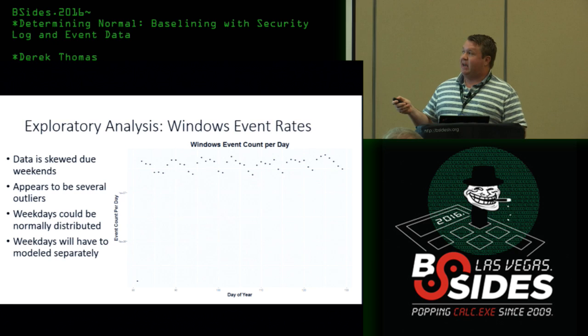But when I look at the weekdays, so I think these are weekdays, the data looks to be, based on this graph, could be normally distributed. You see it usually happens around this. Sometimes Mondays are lower, sometimes they're higher, sometimes Tuesday's way high, and sometimes it's lower. So there seems to be a decent distribution above and below.